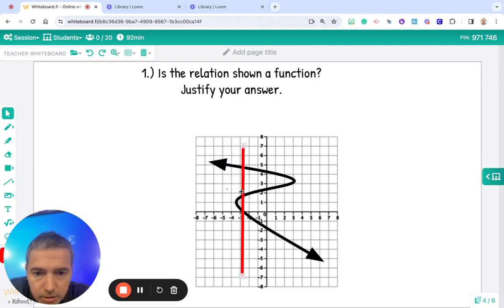Right here, I started to hit multiple points on the graph. Right here I do, right here I do. I start hitting multiple points on this graph. So this would not be a function, but let's take a closer look at it. So if I put it right here,